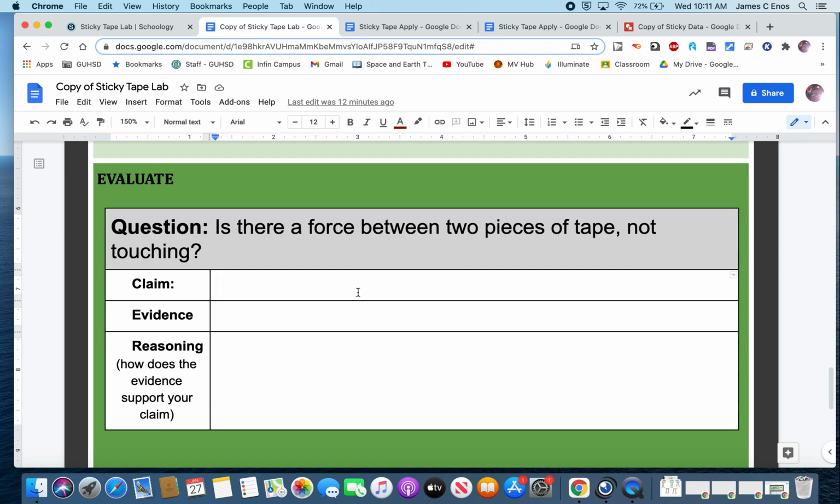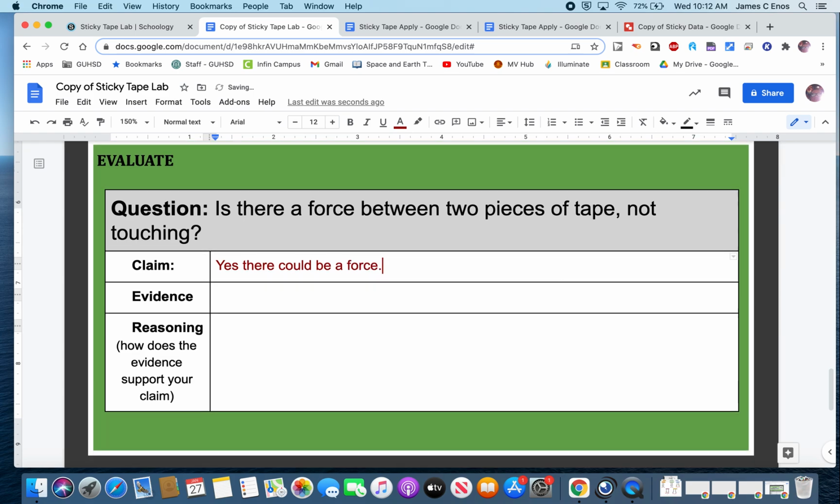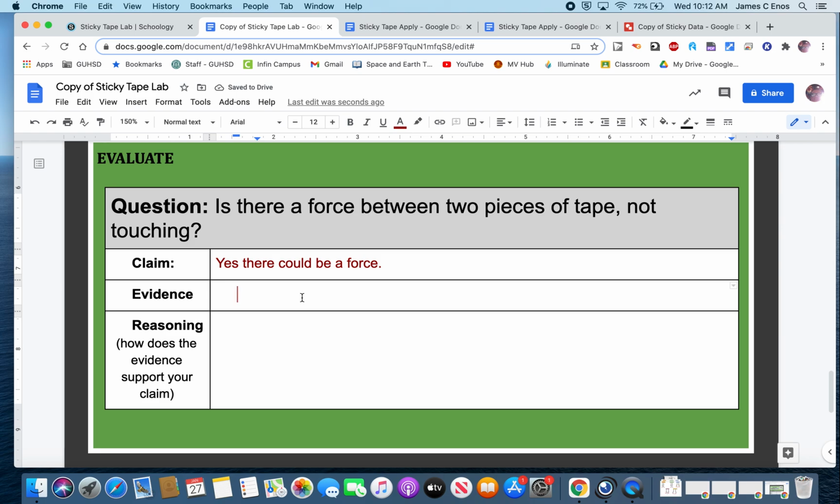Is there a force between two pieces of tape that are not touching? Yes. There could be a force. Now this is trying to answer this in general. So evidence. So I saw some evidence. One piece of evidence I could say, well,